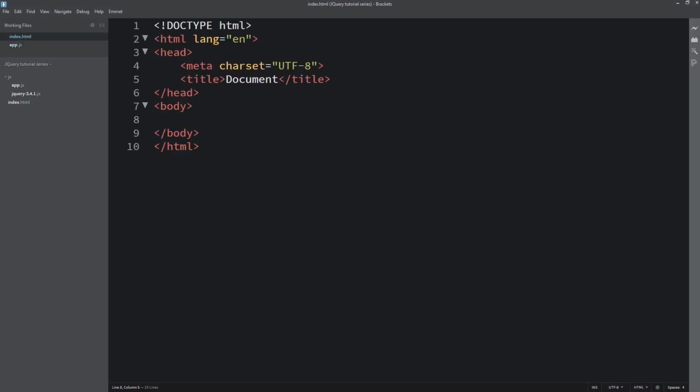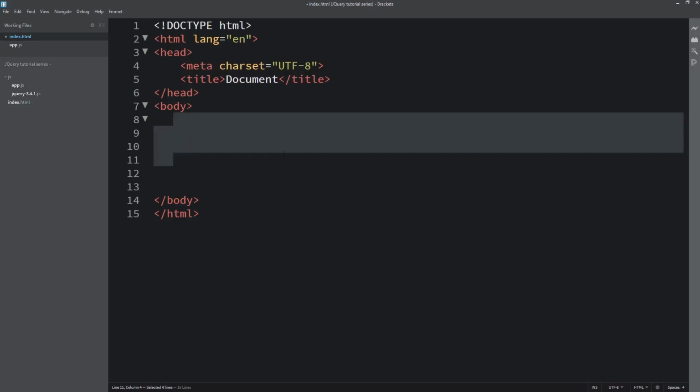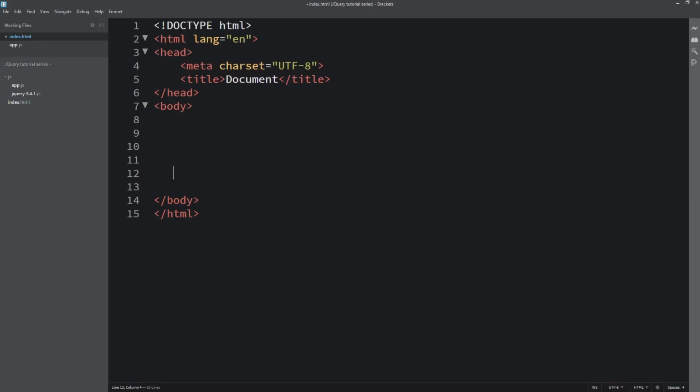But before that, I'll come here and link the two files, that means the jQuery we downloaded, and then the app.js. The first thing I'll do is, just before the end of this body tag, even if you don't write many codes here, you should put your JavaScript files just before the body tag ends.